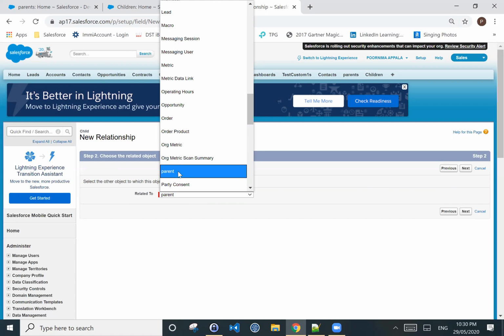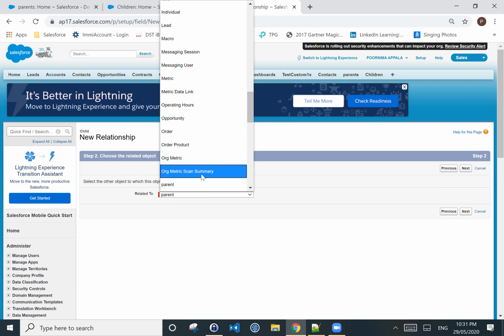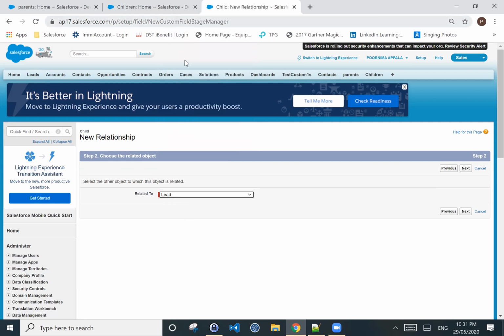So you have the 39 lookup relationships left with you. You can create on this object, or if you want, you can create with another object. Even on a standard object, you can create the lookup relationship. In a master relationship we cannot create on standard objects, but here we can. So you're completely free here.